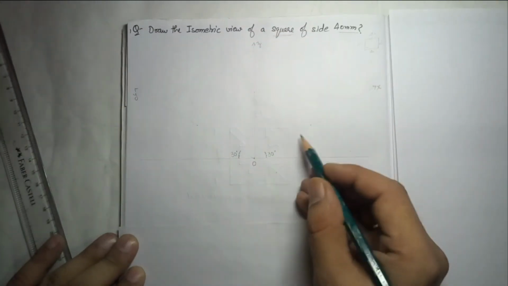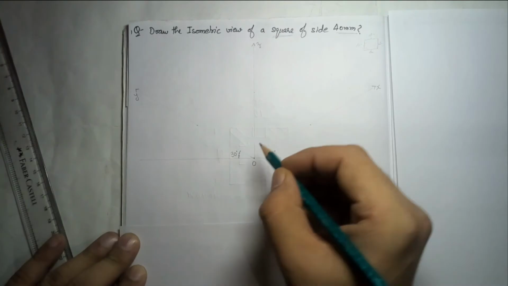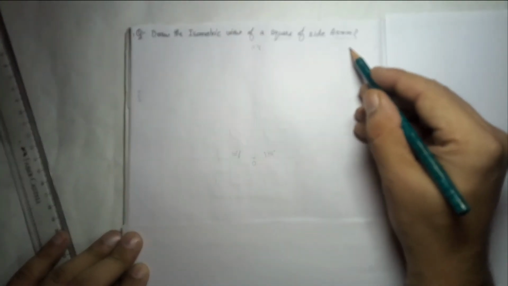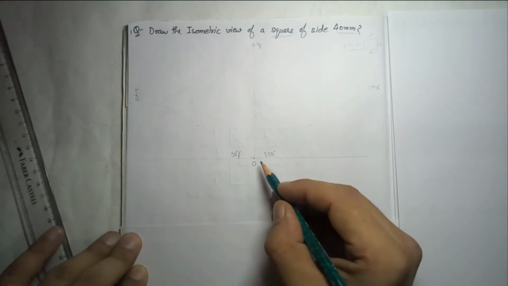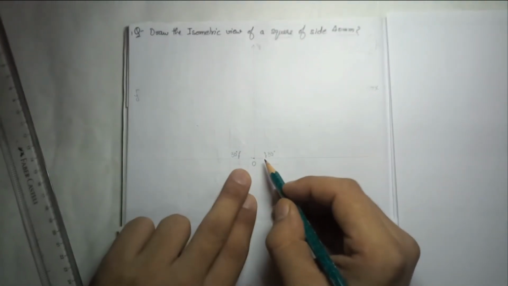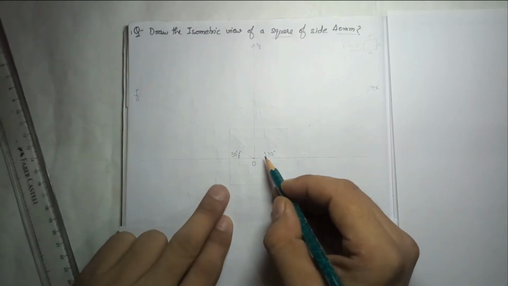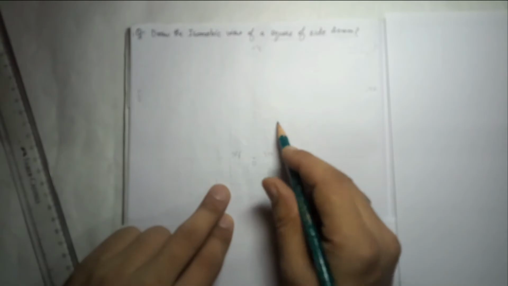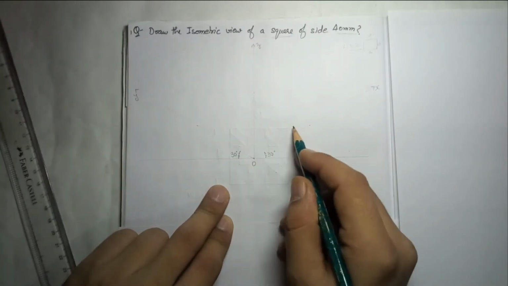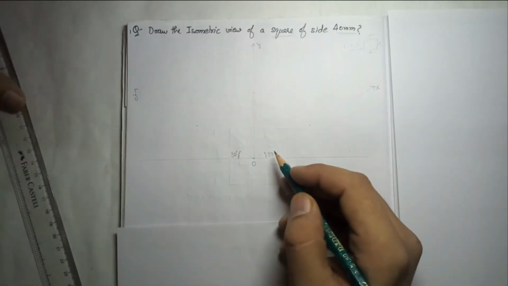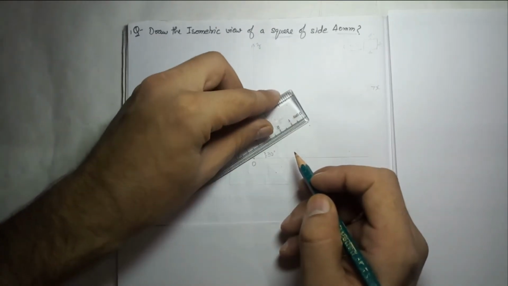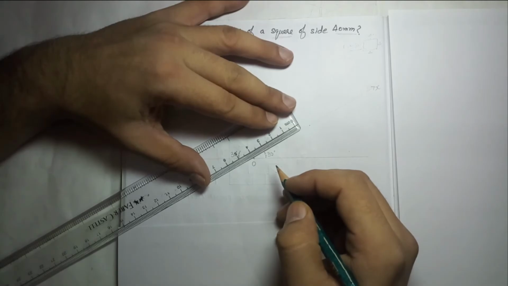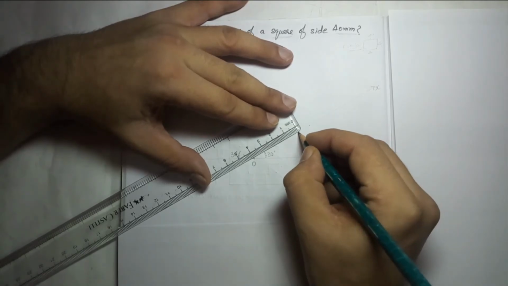Now we will draw the square of side 40. Square means on this side 40 and on this side 40, so it actually has length and width equal to 40. Now let's say in this axis I am going to make the isometric view in the XY axis, right? Meaning in the horizontal direction I want to make the square. Now what I will do, on the OX axis I'll take the dimension that is given as 40. So on that I will mark the point.